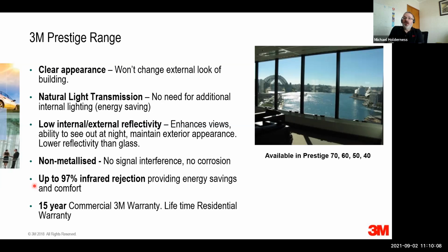97% infrared rejection. So basically, of all of that infrared energy coming in, we're actually reflecting 97% of that back out. And the warranty is 15 years commercial warranty, and what we call a limited lifetime residential warranty. So long as the person that bought the film and had it installed owns the building, we will offer